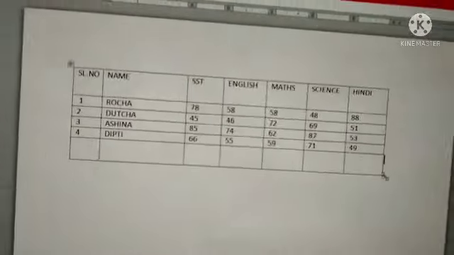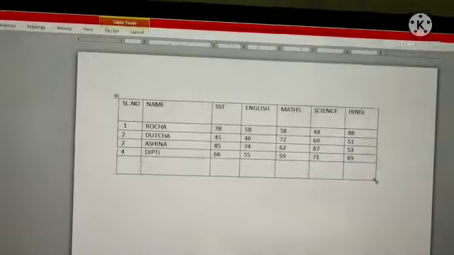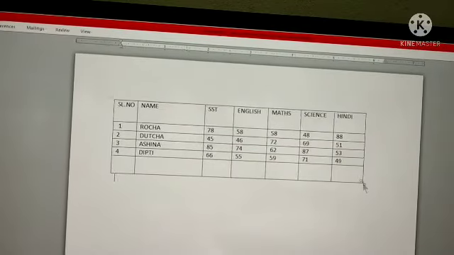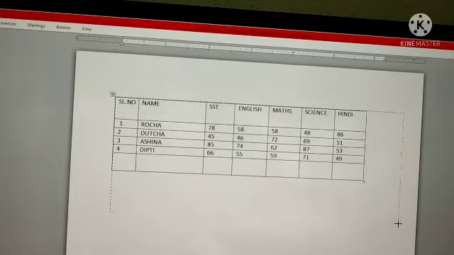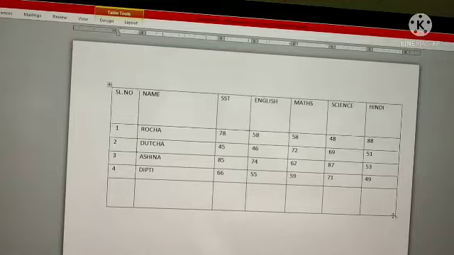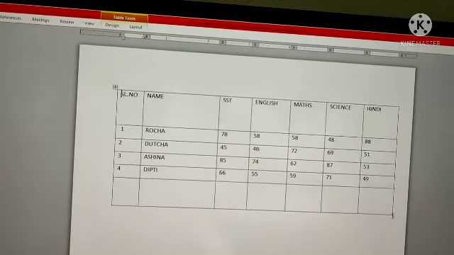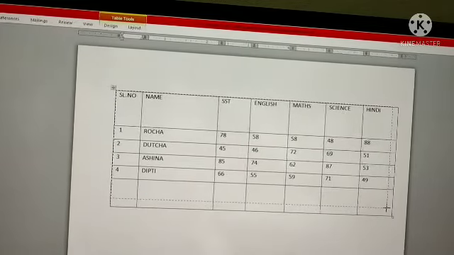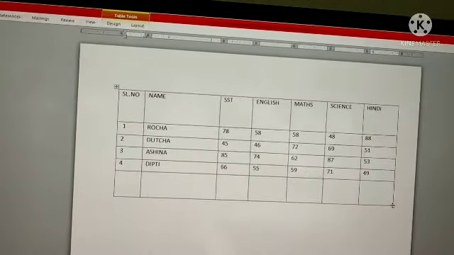Now press the left key of the mouse, then scroll like this, downward. Like this you can increase the size of the table. Like this you can also decrease it when you move upward. Clear?